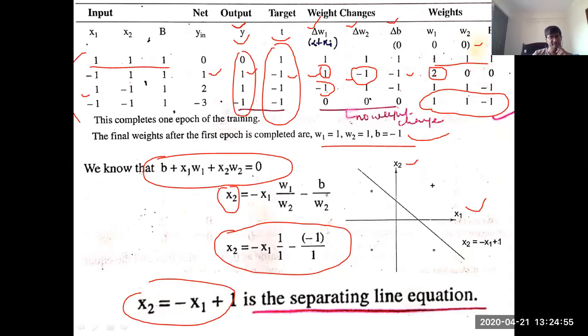And in every iteration, or every epoch, we would be drawing one such line. Once a stage is reached where we say the convergence is reached, then the line in the final round would be confirmed as your final separating line, and ideally it should be able to classify your inputs